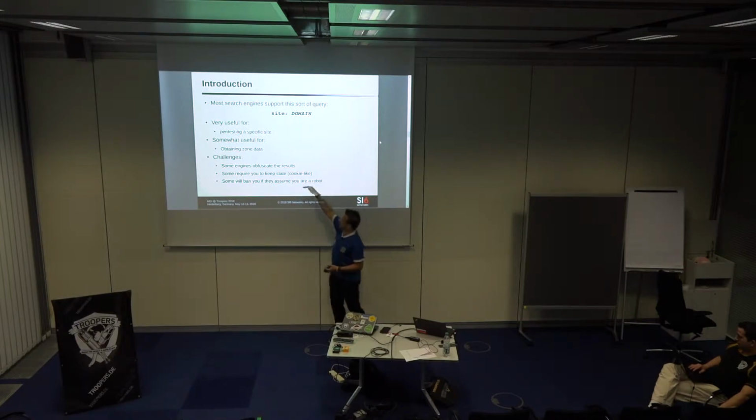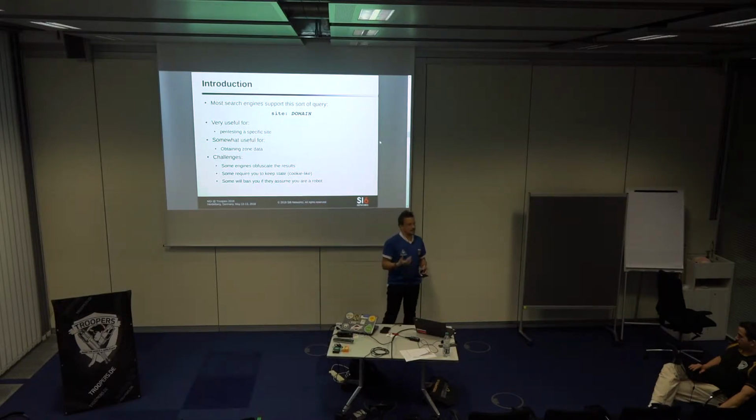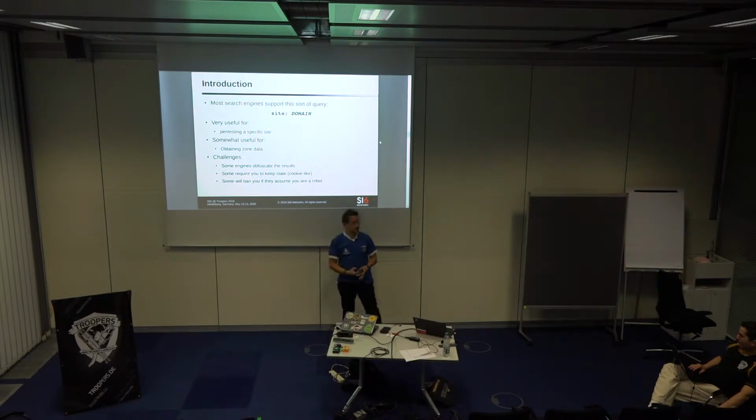And the other one, which is not mutually exclusive with the other two, is that many of these search engines try to do a good job at detecting whether you are a robot or whether you are trying to scrape the results. As an example, if you try to get results with something like curl or wget, usually you get nothing, because they don't like the user agent, and they think that if you are accessing the search engine with that kind of application, that's not the kind of visitor that they want.